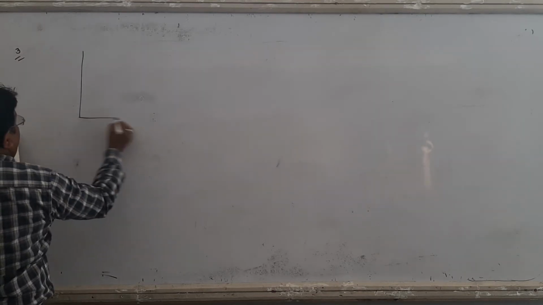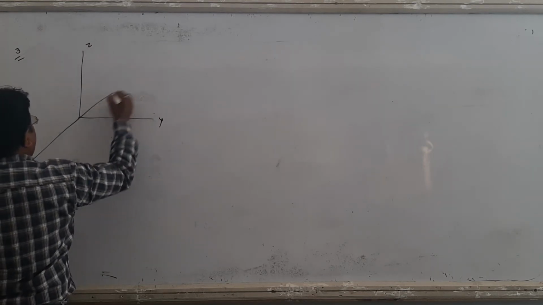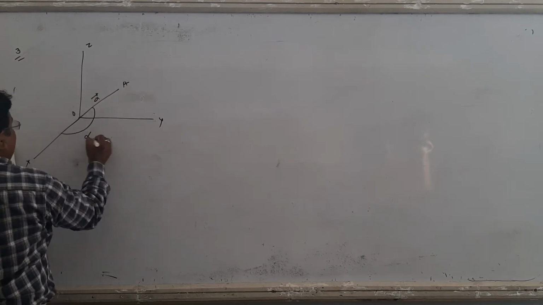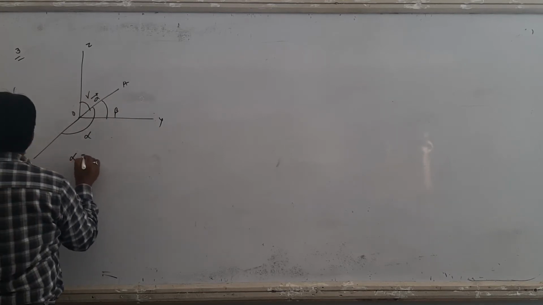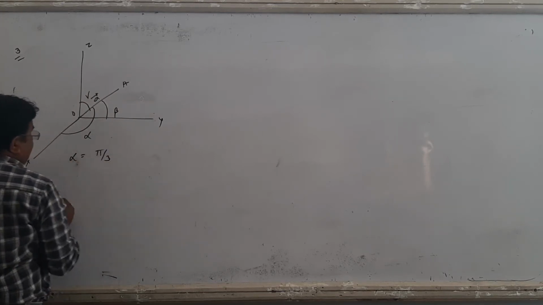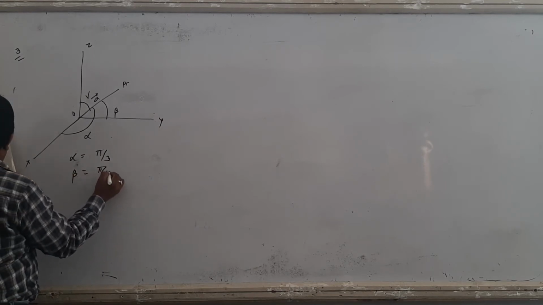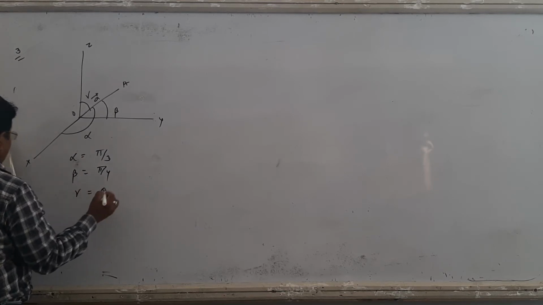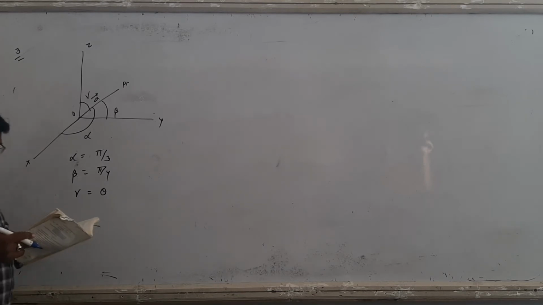This is the diagram. Find the vector A, but now this is x-axis, y-axis and z-axis. This is vector A, and vector A makes angle alpha with x-axis, angle beta with y-axis, and gamma with z-axis. So now alpha is given pi by 3 with i cap, that is x-axis, beta with j cap is pi by 4, and k cap, that is gamma, is given acute angle, let theta. So now A is a unit vector, that means magnitude is 1, and find theta.